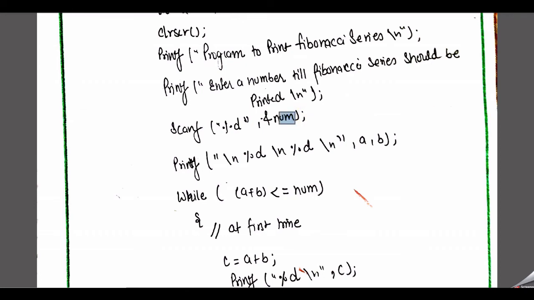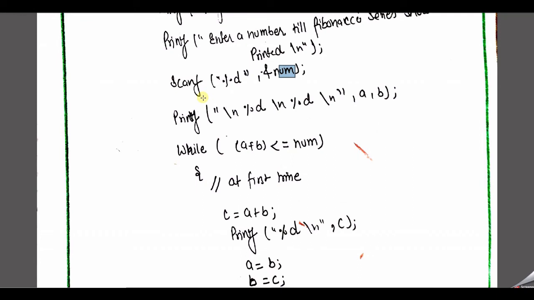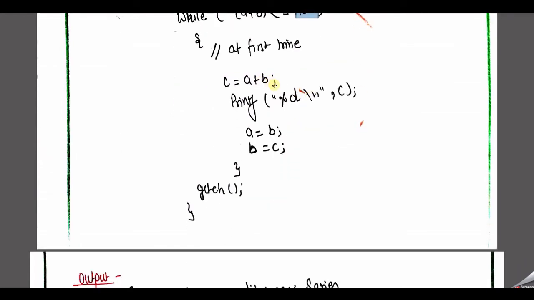Okay, fine. So right now I am going to print our initial values first. The initial values of our Fibonacci series are 0 and 1, so I just print 0 and 1 here. Now I am going to check whether the value of 0 plus 1 is less than or equal to the limit given by the user. If the condition is true, then the first time we perform C is equal to A plus B. Now the value of C, which is A plus B, is calculated. First of all, we need to print this value before assigning it into B.